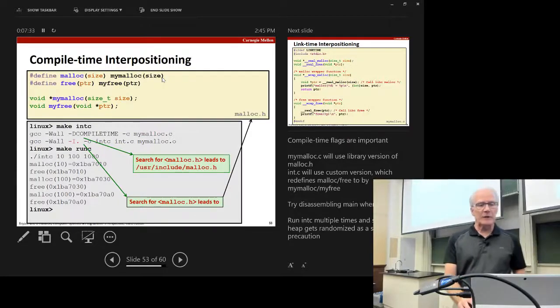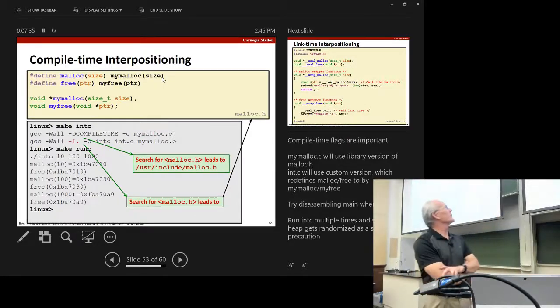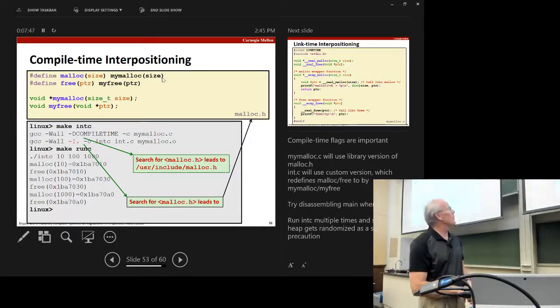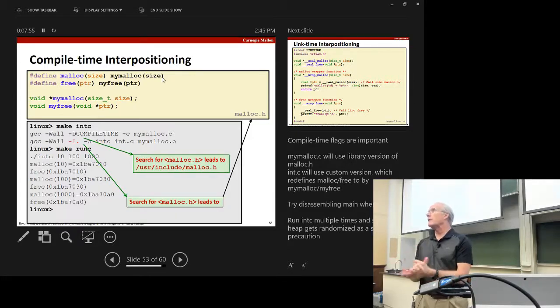Well, if I just provide a .h file that uses #define to alias malloc to my malloc and free to my free, then in that user's code, they might not know that they're being tricked, right? And that's exactly what the C programming library does, and you'll see that later this term